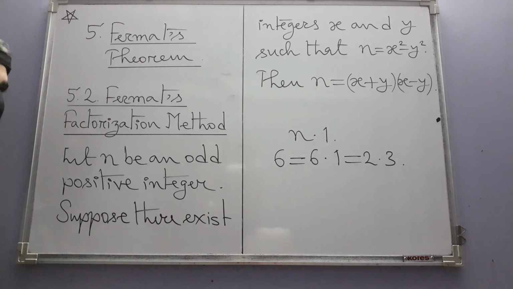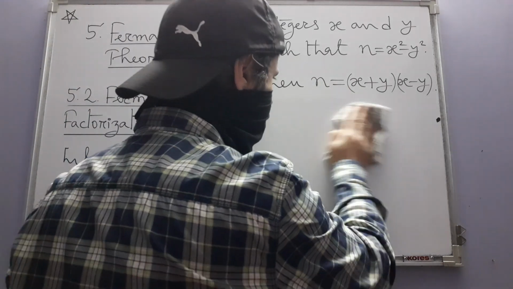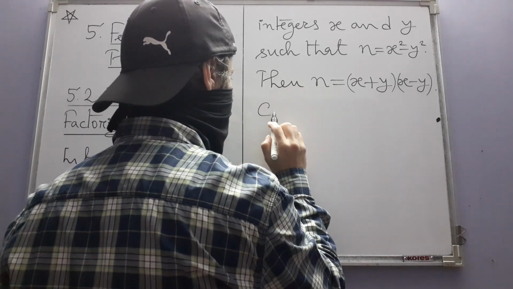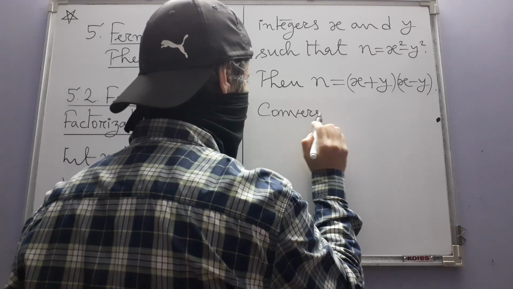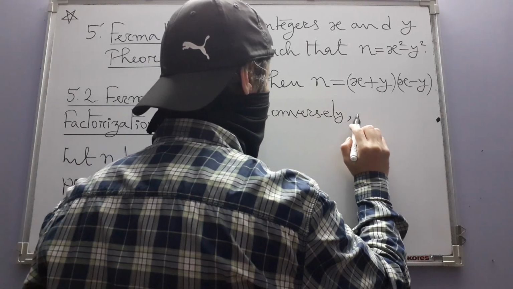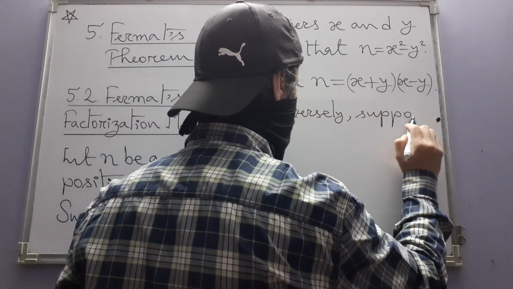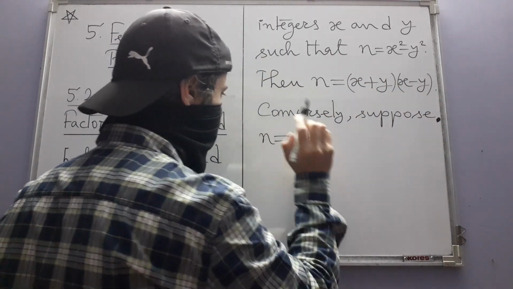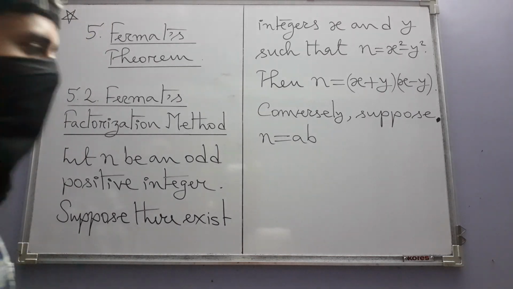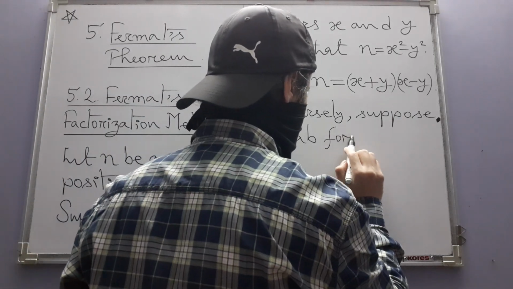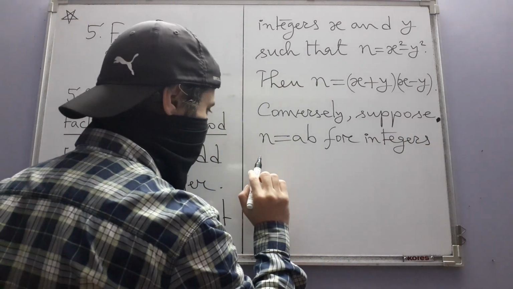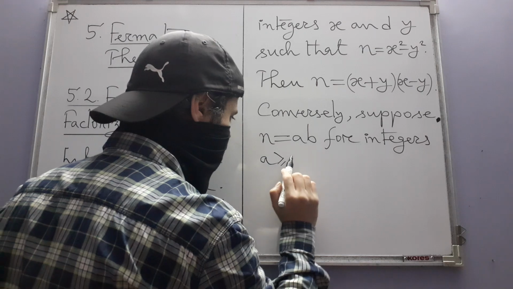Now, if we go in the other way, assuming that you have factors of n, conversely, suppose that n is AB for integers a and b which